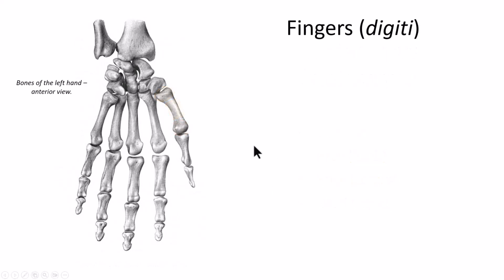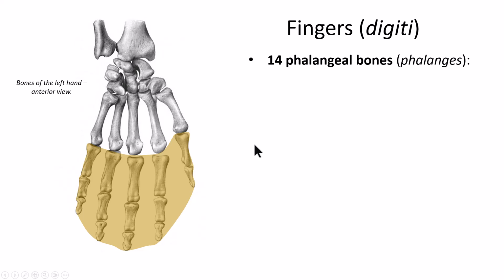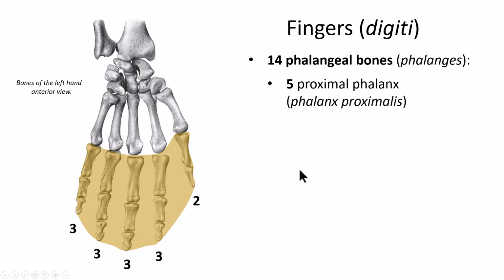Finally, there are the fingers, in Latin digiti, which are formed by 14 phalangeal bones, phalanges. Generally, each finger consists of 3 phalanges, whereas the shortest finger, digit first, also called the thumb, consists of only 2 phalanges. Thus, these 14 bones comprise 5 proximal phalanx